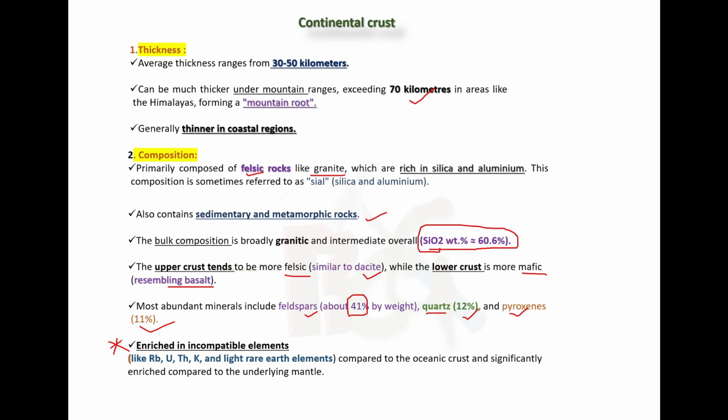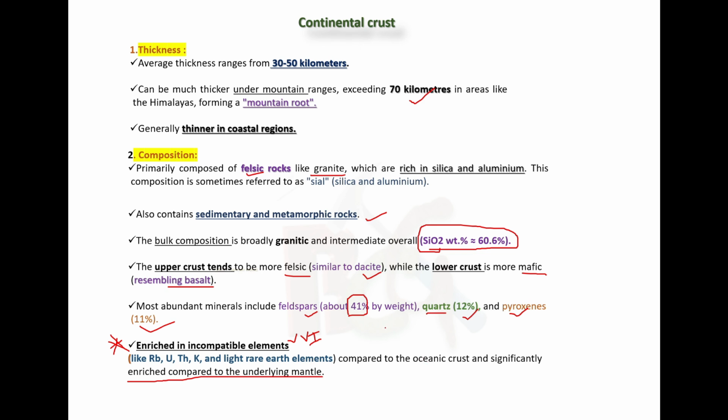Now, the notes also mention something called incompatible elements. Sounds intriguing. What's their deal? Why are they special here? Yeah, the incompatible elements. This is where the geochemical fingerprint of continental crust really stands out. Fingerprint? How so? Well, continental crust is significantly enriched in these elements. We're talking things like rubidium, uranium, thorium, potassium, the light rare earth elements. Compared to oceanic crust, and especially compared to the mantle underneath, there's just a lot more of this stuff